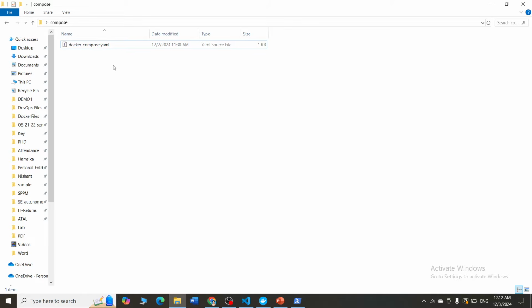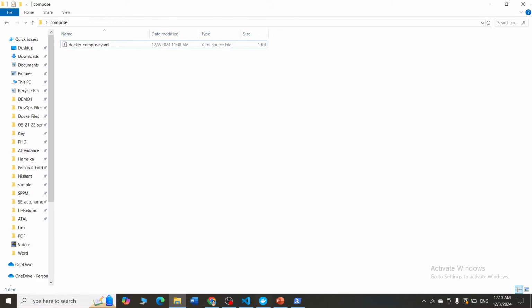It is basically a configuration file, which has details like what containers or services have to be created, how should they work together, and what the settings for each container are. All these things will be written inside this Docker Compose YAML file, which are very simple and in a human readable way. So they're very easy, right?